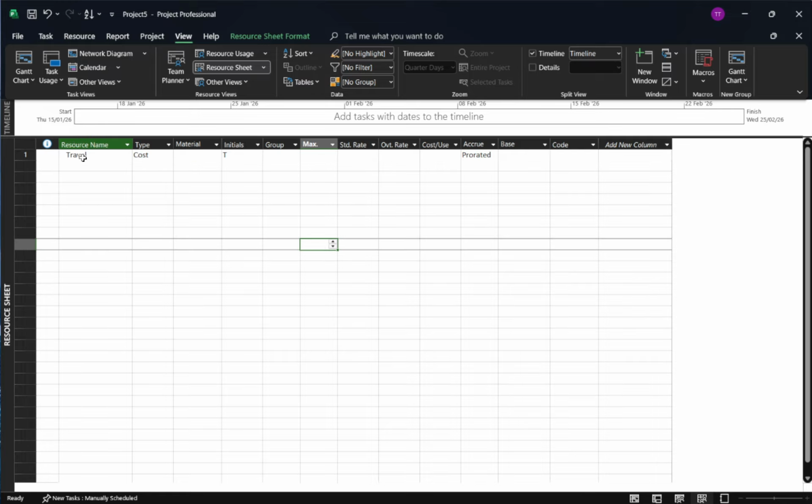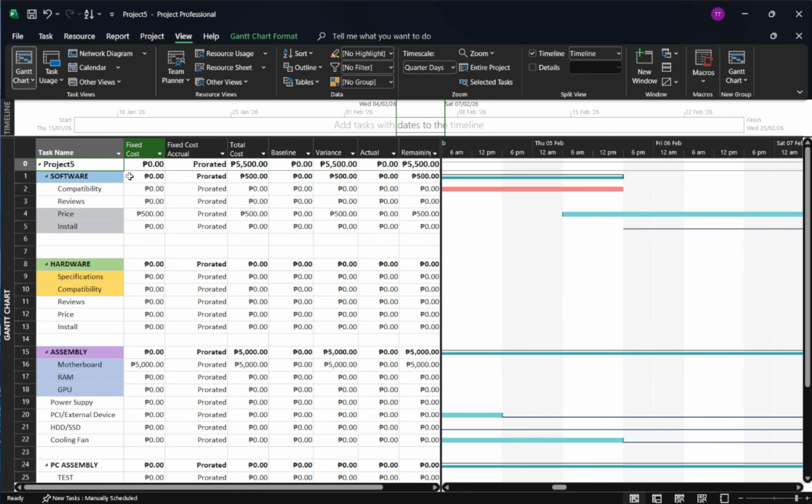You can use the same cost resource on multiple tasks, which makes it easy to track recurring categories like travel across your schedule. Finally, enter the cost amount. Go to Task Usage from the View tab, find your task, and expand it so you can see the resources listed beneath it. Locate the cost resource line under that task, then in the cost column, type the amount, say